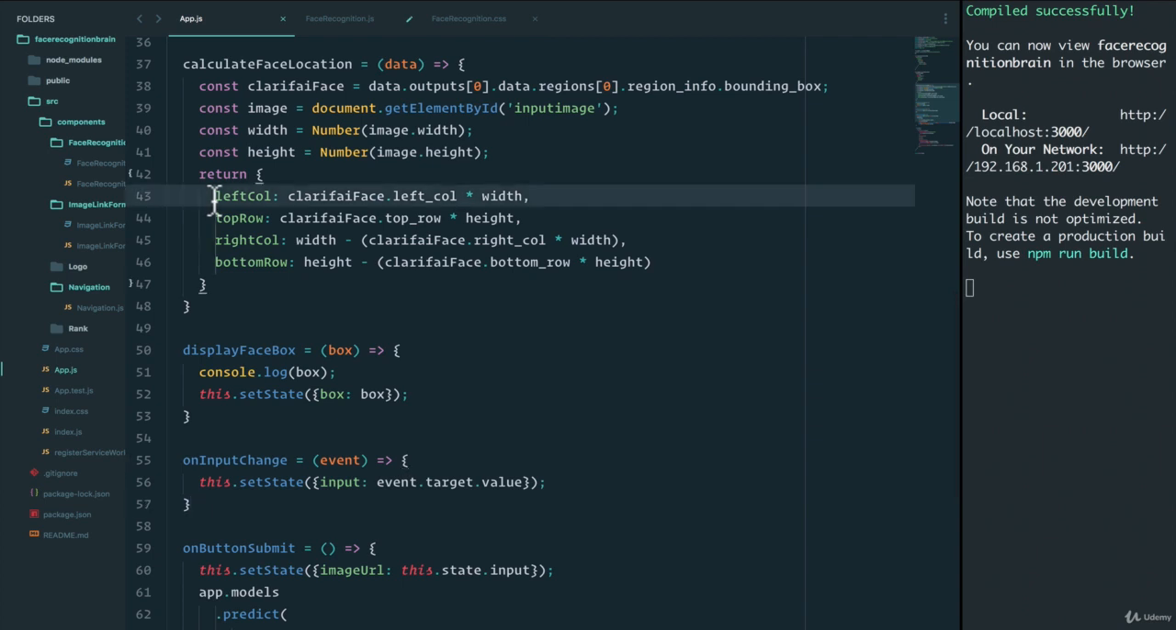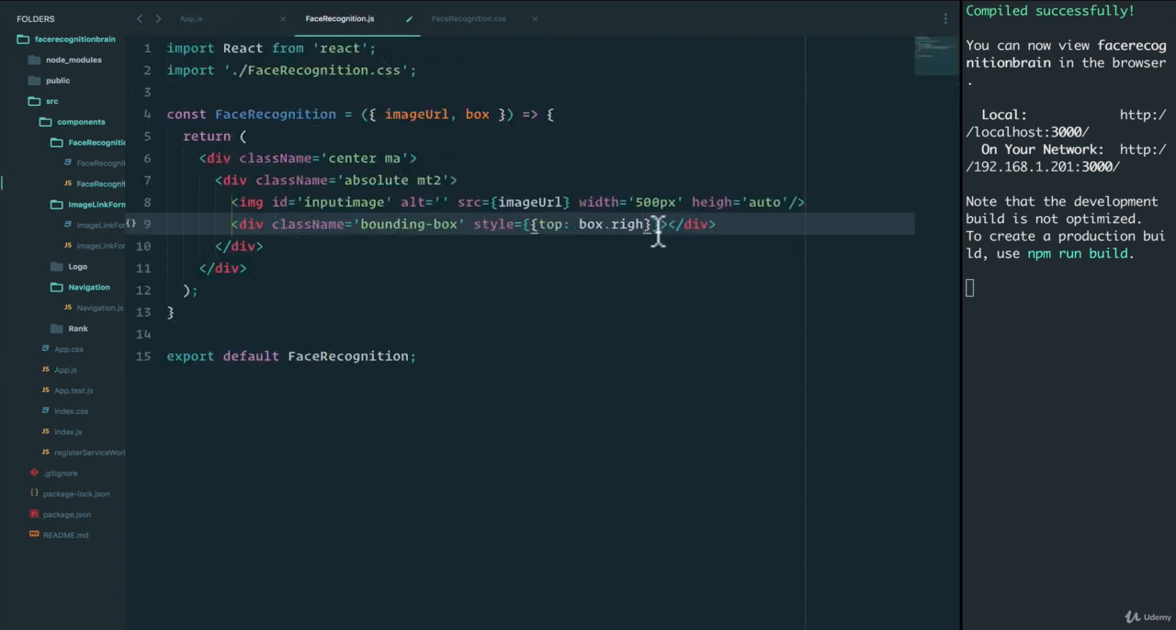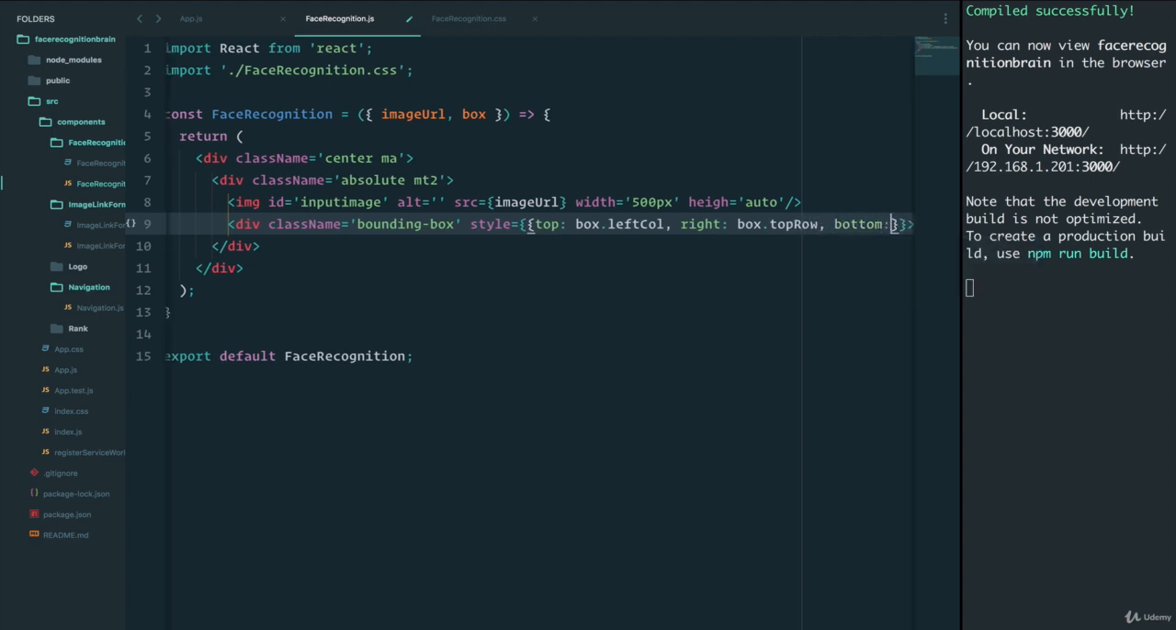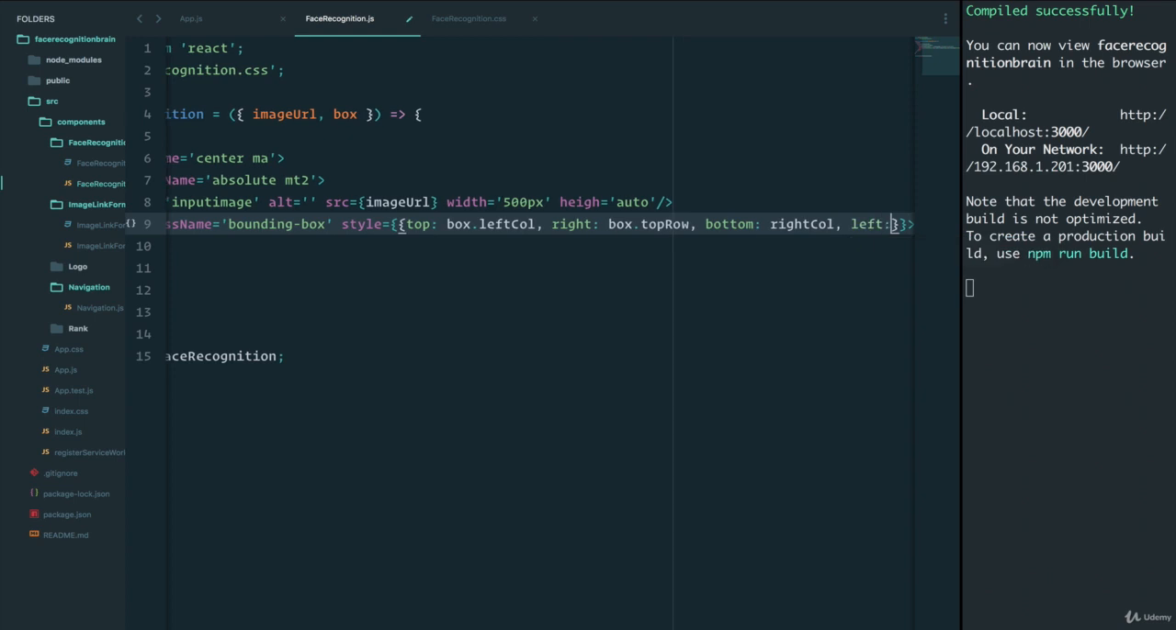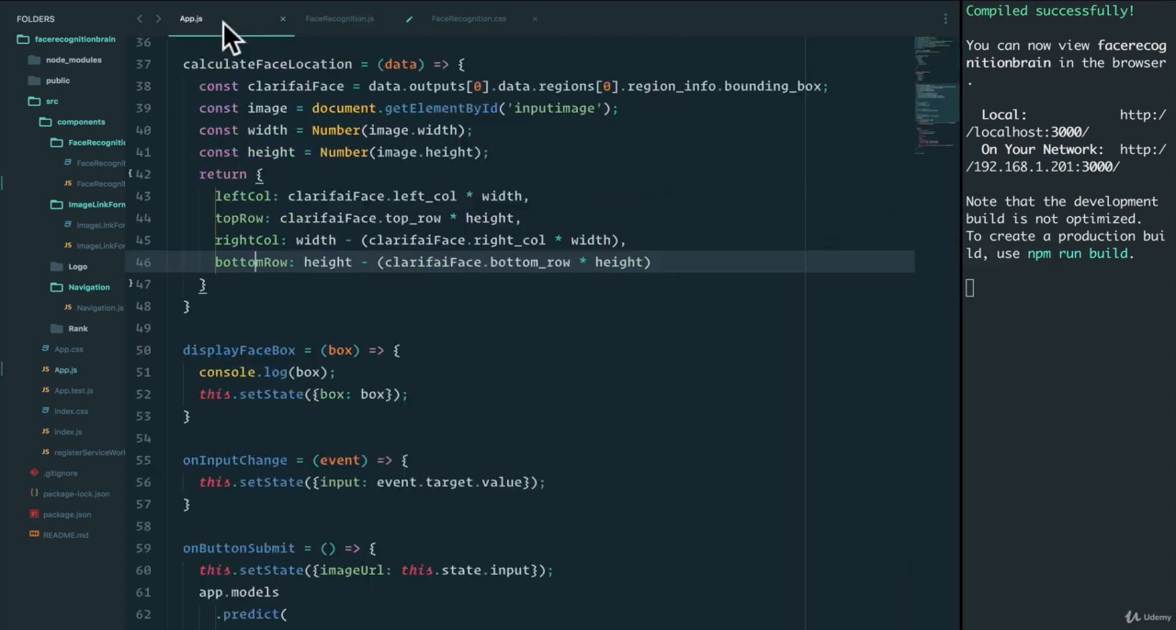Left, top row, left column, top row, right column, bottom row. All right, let's see if I can remember that. Left column, right is going to be box dot. Okay, I definitely can't remember them. Top row. And then it's going to be bottom, which will have right column, then left, which will have the